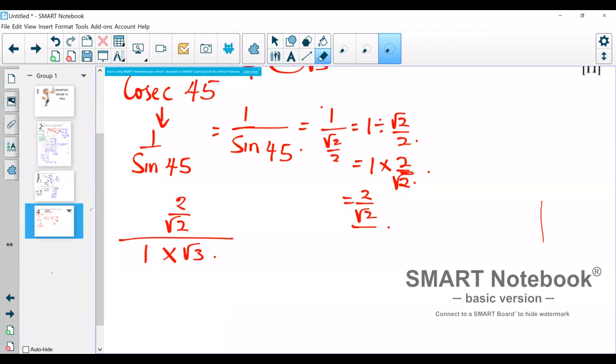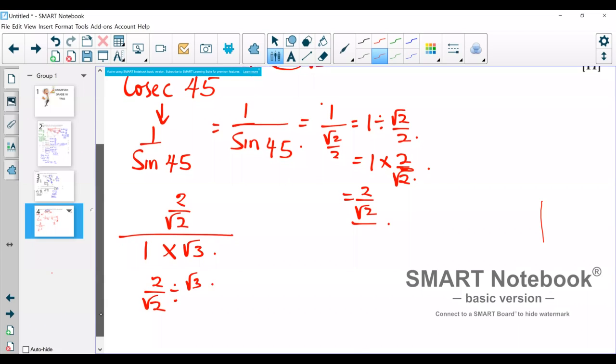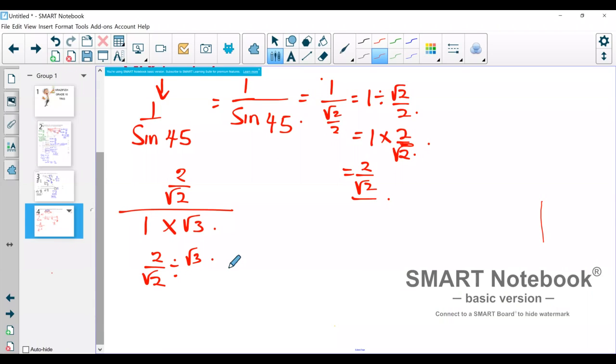What will this give us? It gives us 2 over root 2 divided by root 3. Does that make sense? All right. What are we going to get? Becomes